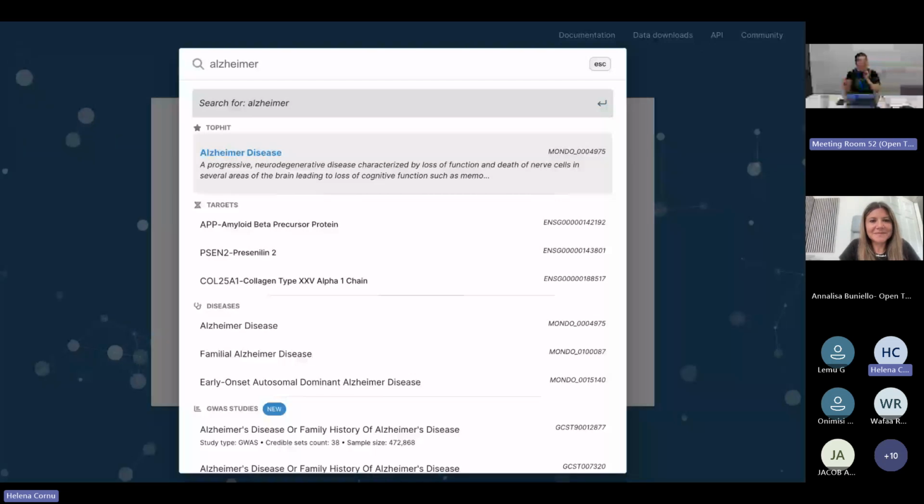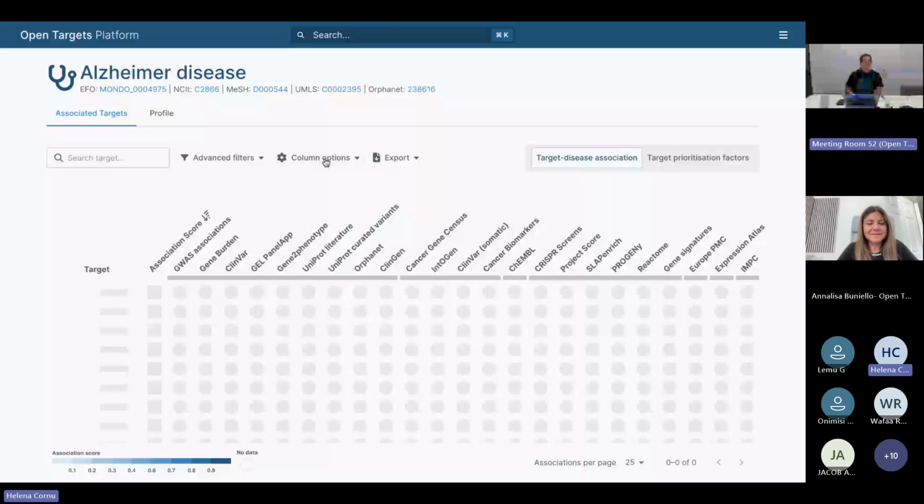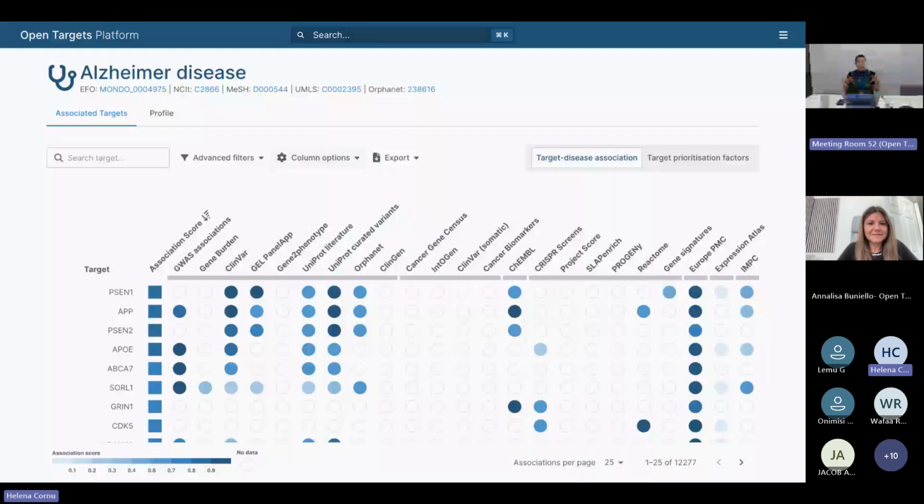So if you were to look up Alzheimer's disease, you have this suggested top hit, but we also show you other entities that might be the one that you're looking for. In this case, I'm going to click on Alzheimer's disease and show you what that page looks like. So this is the associations page for a disease. Here on the left, you can see all of the targets where we have evidence to associate them to Alzheimer's disease. And if you look here at the bottom, there's something like over 12,000 different